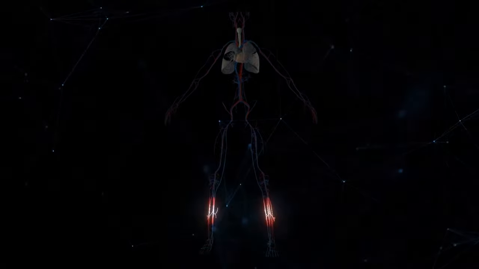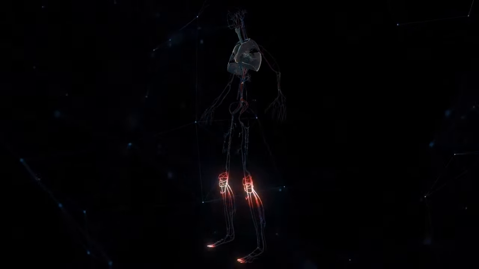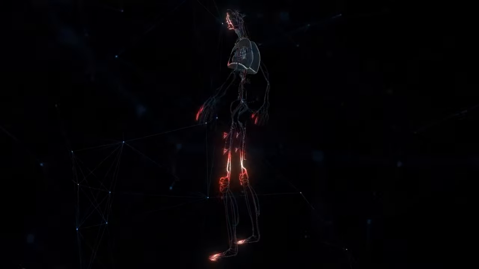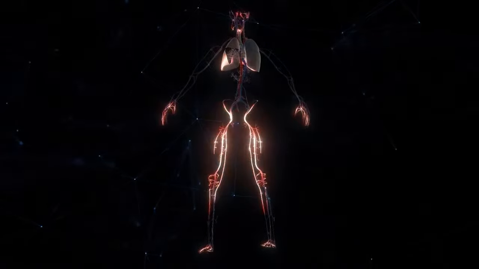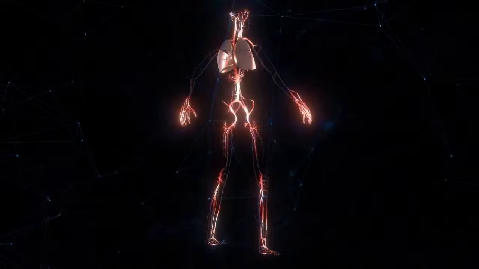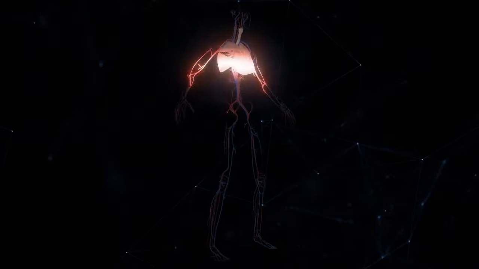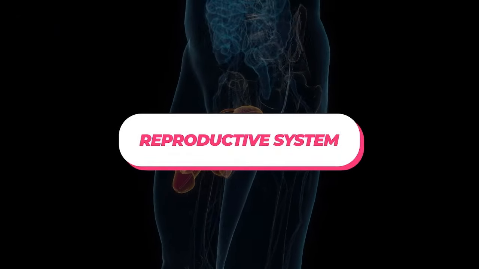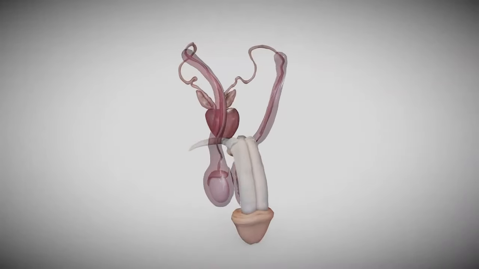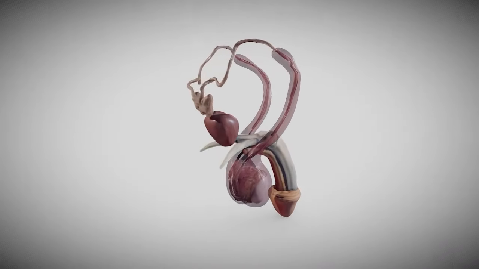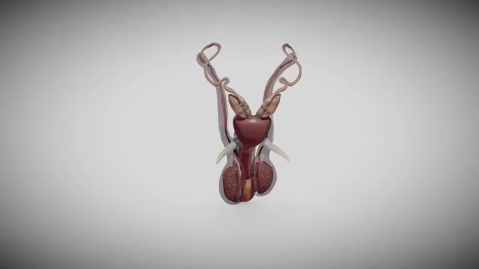The lymphatic system plays a vital role in the body's immune system and helps to protect the body against infection and disease. It also helps to maintain fluid balance in the body by returning excess fluid from the tissues back into the bloodstream. Number 10. The reproductive system. The reproductive system is the body system that is responsible for the production and transportation of gametes,